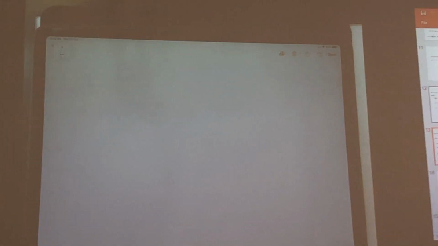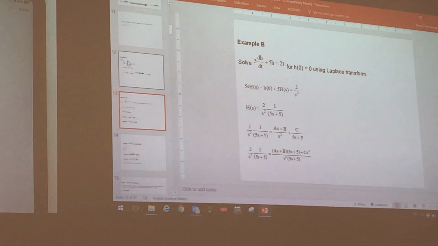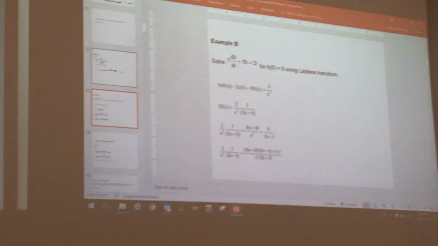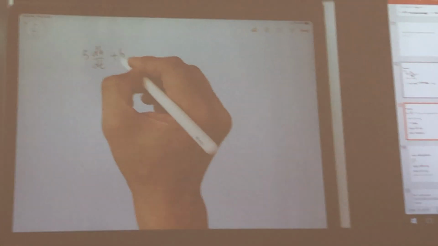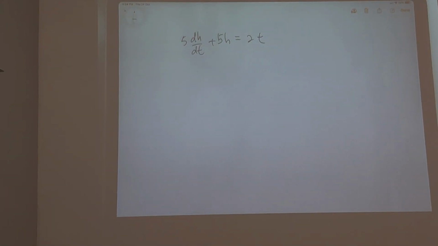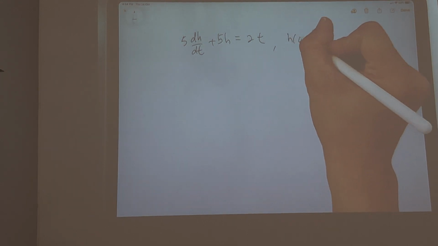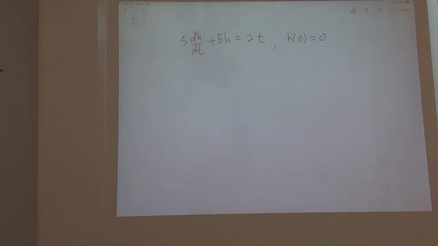So yesterday we saw the example of 1 over tau S plus 1, then you invert. Just now we saw n factorial over S to the n plus 1. Now we're going to see another example. In this case, the differential equation is 5 dh/dt plus 5h equal to 2t. The condition given is h(0) equal to 0. Whatever function at time 0 does not always need to be 0, but to make it easier for us to calculate or show you the example, we always assume it as 0. Okay? So let's say in this example,